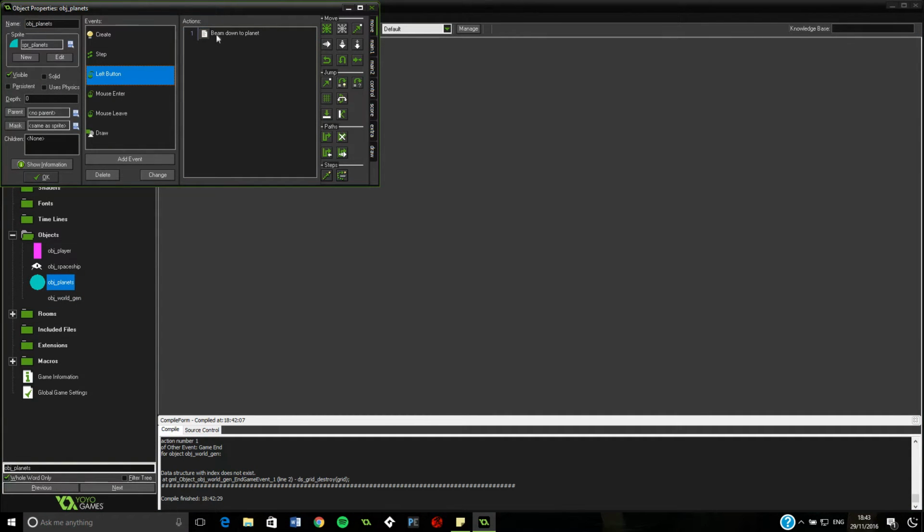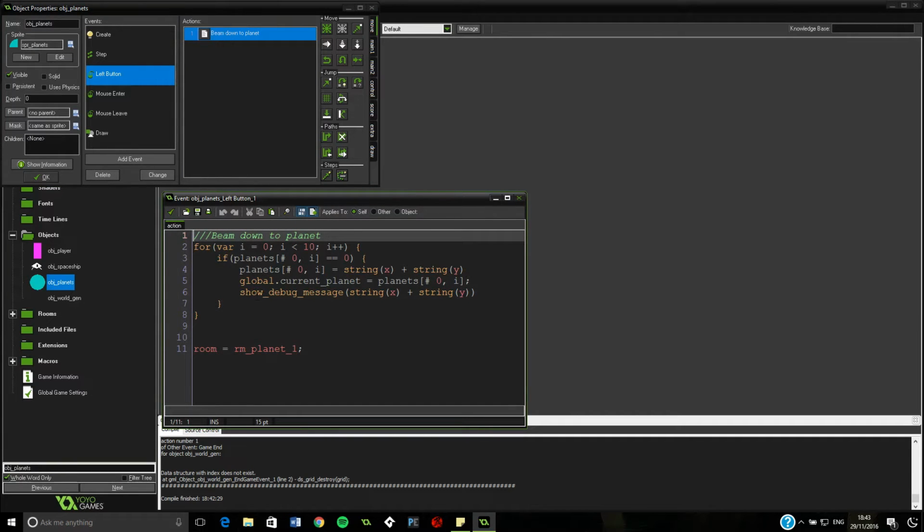So back into the planets, it beam down to the planet. We want to do a little check here. So we want to say, actually, is it there? Or actually, we'll do else. No, that's another language. We want else if. Oh, I've done it again. And then we want to do the string x string y, and we want it to equal, and planets